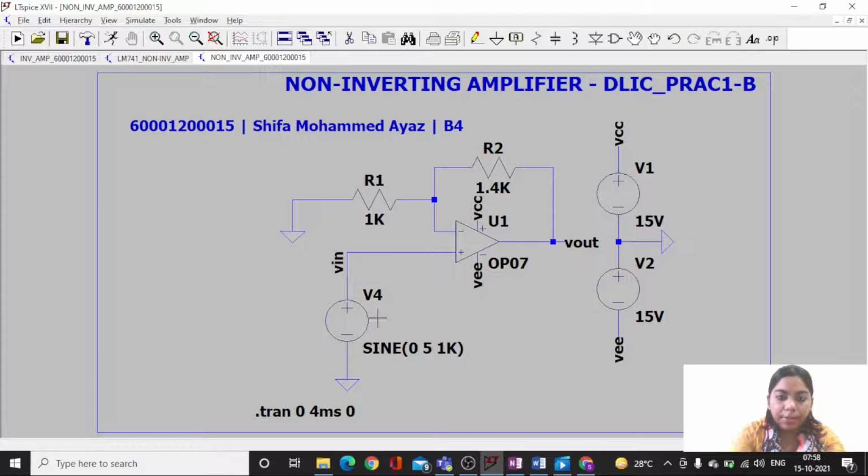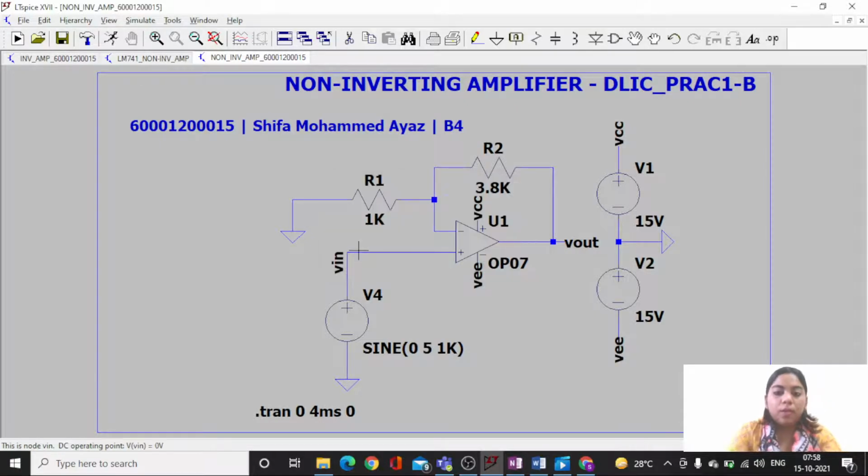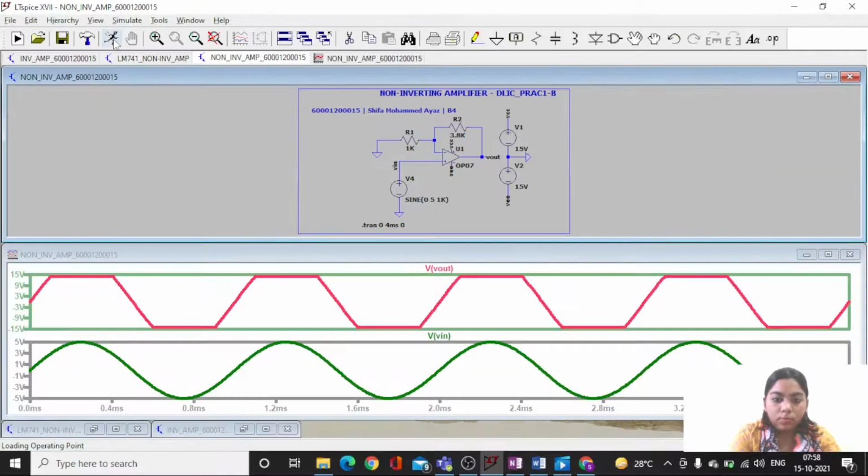So we'll maximize it and change. For a 4.8 gain I will require a resistor of 3.8k, okay, so I'll again save this. My input is 5, okay, simulate. Yes, so this is what you will see at your output waveform, the actual output. Now since it's a non-inverting configuration, you won't get an inverted output. You will get a normal sine wave but an amplified output. But since my op-amp is driven into saturation, I'll see clipping at my output.